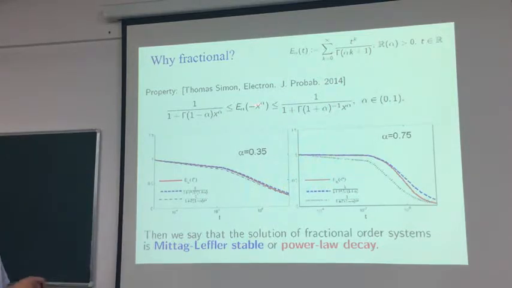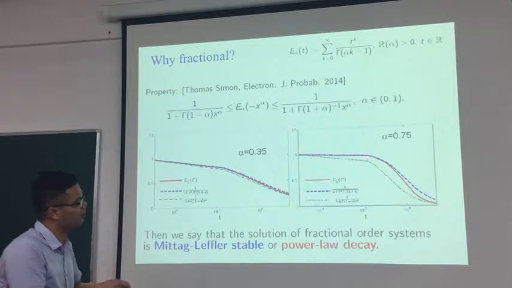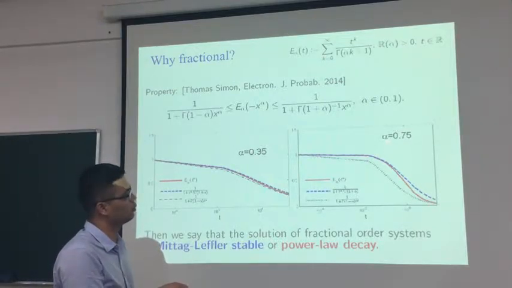From this reference, we know that the Mittag-Leffler function is constrained by 2 power law functions. For example, when alpha is equal to 0.35, it looks like this. The red line is the Mittag-Leffler function, and the blue one and the black one are these 2 power law functions. And the same holds for alpha equal to